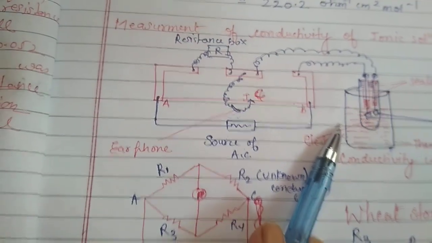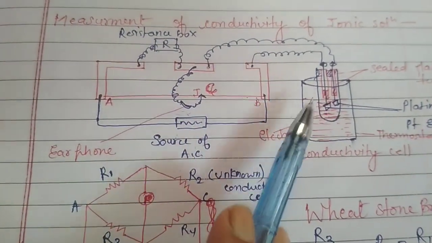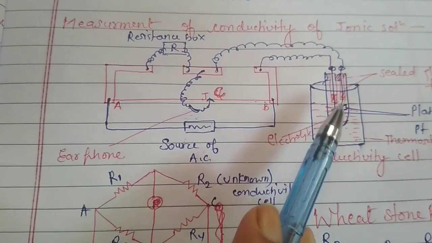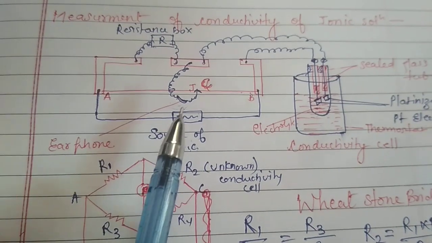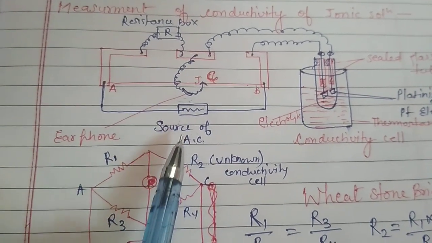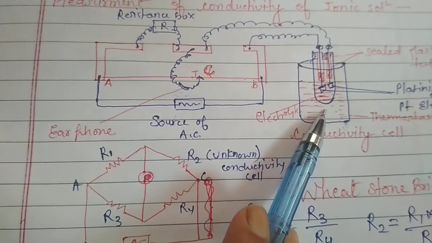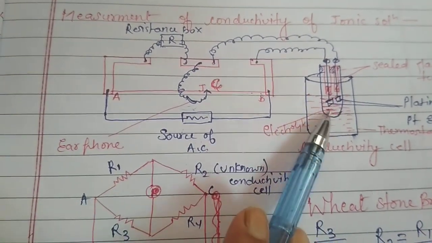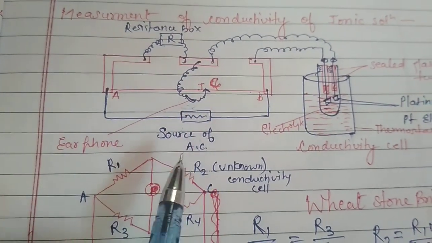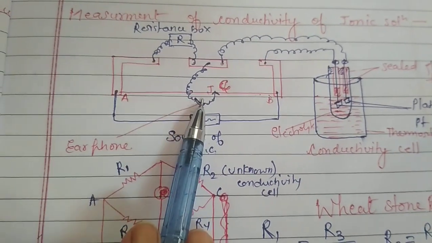So here we had one difficulty to connect the electrolytic solution to the Wheatstone bridge, that has been solved by taking the conductivity cell. The second point, in place of DC we are to use AC, because by this electrolysis would not take place, by which the composition would not be changed and resistance would also not be changed. The third point, when we are taking the AC, we can't take a galvanometer here, we have to take the earphone.